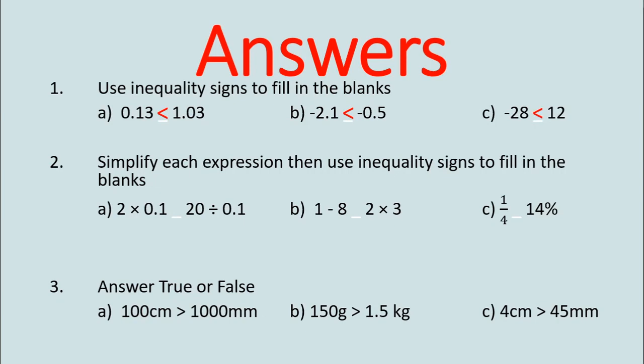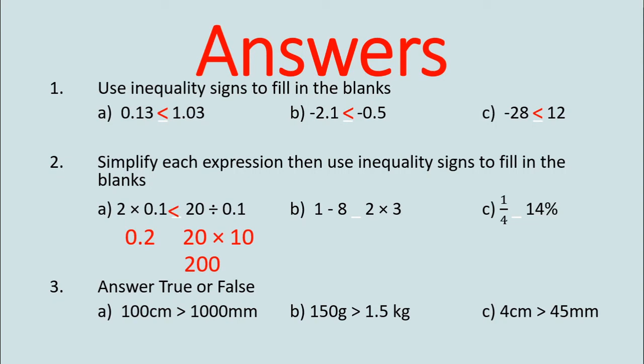Question 2, I hope you remember our multiplying and dividing by base 10 decimal values. If you need a reminder, have a look down in the description box below. There's a lesson for you there. 2 times 0.1 is 2 times 1/10. That's 2 divided by 10. So that's going to be 0.2. And 20 divided by 1/10 is the same as 20 times 10. That's going to be 200. So 200 is definitely bigger than 0.2, but reading that in a sentence, I would say 0.2 is less than